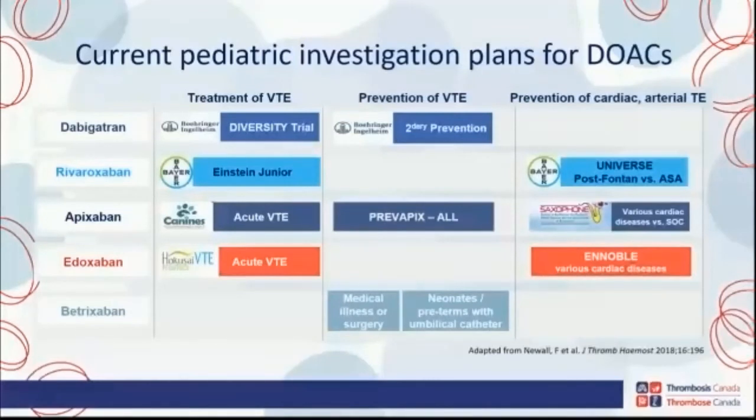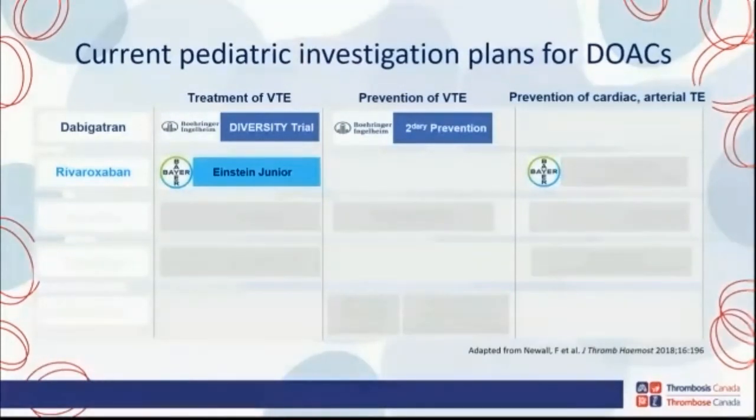I'm going to divide the trials into 3 categories, depicted on the second, third, and fourth columns in front of you. Treatment of VTE, secondary prevention of VTE, and pediatric patients that are receiving primary prevention because of an acquired or inherited cardiac defect or arterial thromboembolic event. I'm going to share with you three of the phase 3 trials that have already been